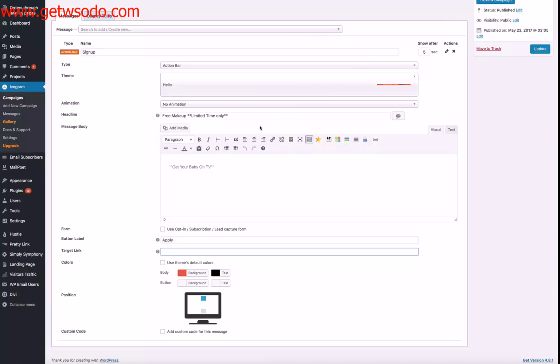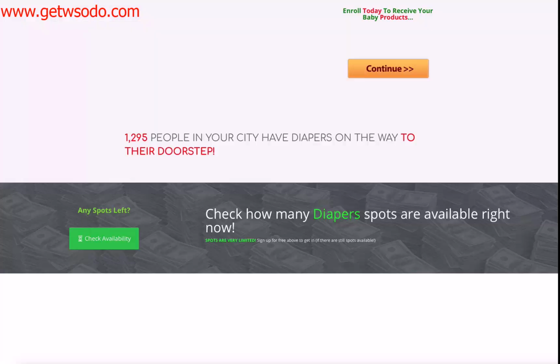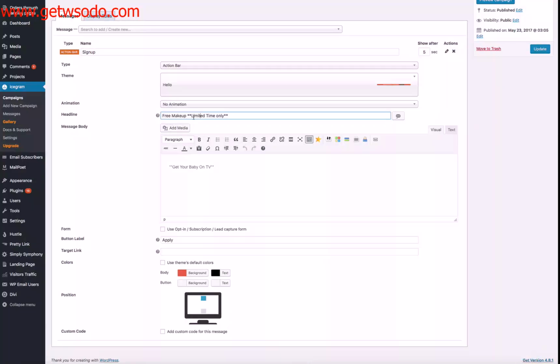Now back here, this is where your button is going to be. So I'm assuming you already know how to use this. You should have done the training before this or whatnot. But just a quick recap. Basically, you want this page to go with this. So let's say I was sending people the baby offer page here, and then they would see the free makeup, and then normally it would say